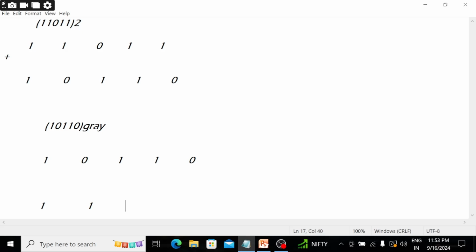Then add 1 plus 1, that means the binary value to the Gray value, that is 0. Then add 0 plus 1, that is 1. And then add the answer value to the upper value, that is 1. And we get the final answer, that is 11011.